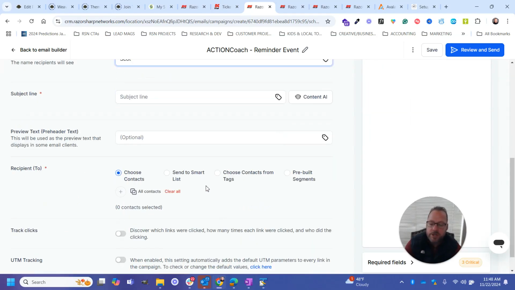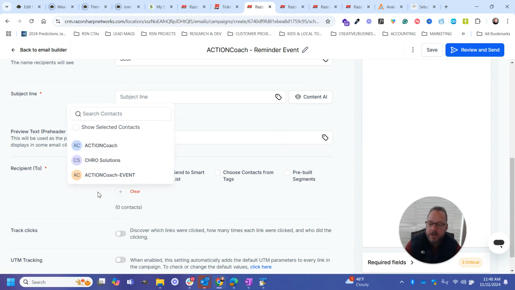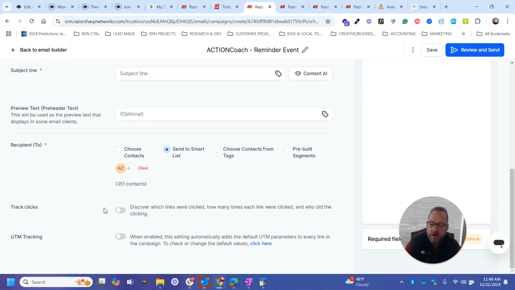Now what you're going to do is actually send this to a smart list. So we'll come in here, we can just select the event reminders, and that'll select all of our users in that smart list that we just set up. So just to recap, what we want to do is start by segmenting our contact lists with tags and/or assignments, create new smart lists, and then from there we've got our segments